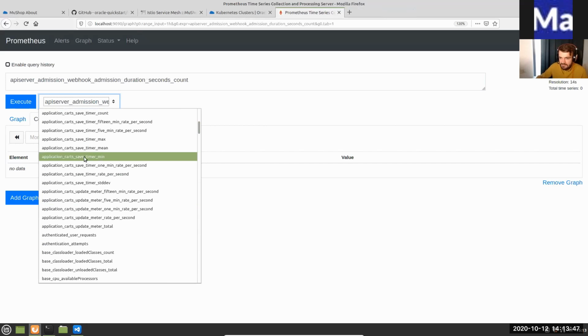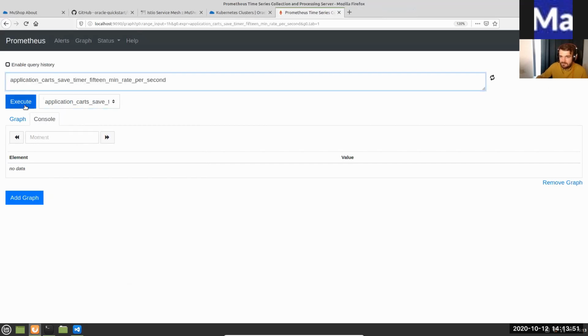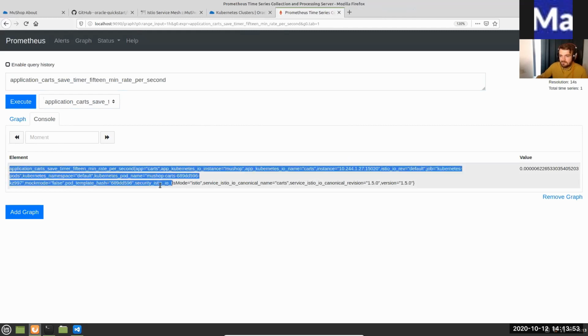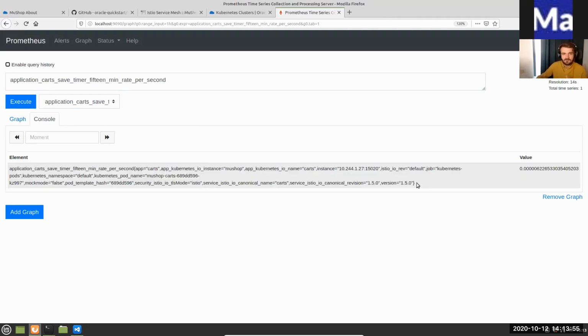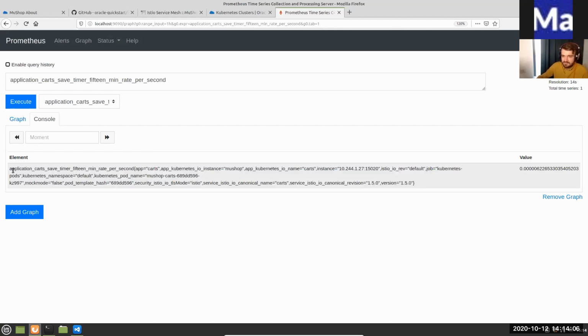Okay, application cards, 15 minutes. Because I don't have any kind of workload on the application, I have only one entry, but Prometheus would save all the entries which are generated by the application. And here you can see that I can log the specific metrics coming from my application depending on my business needs, right? So this is how you can use Prometheus.